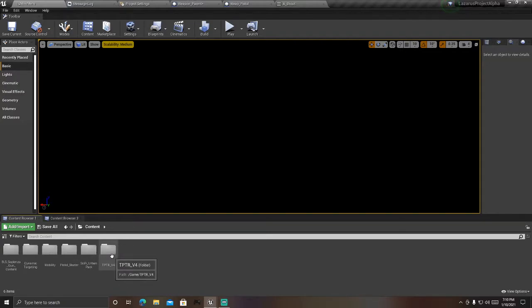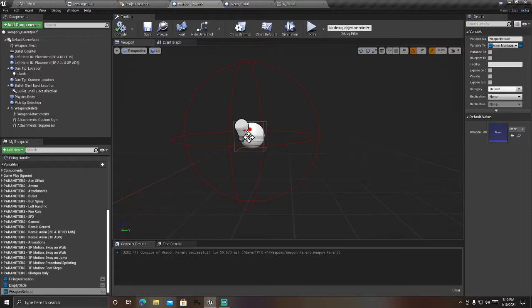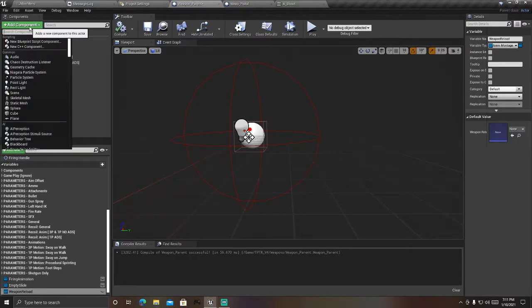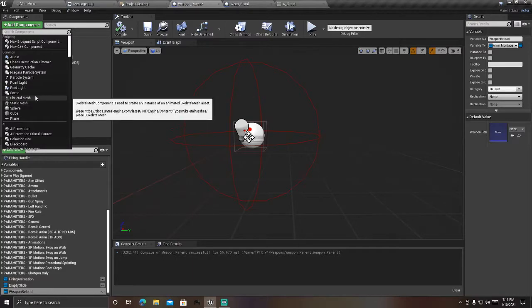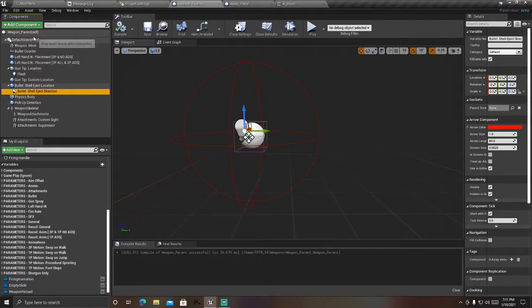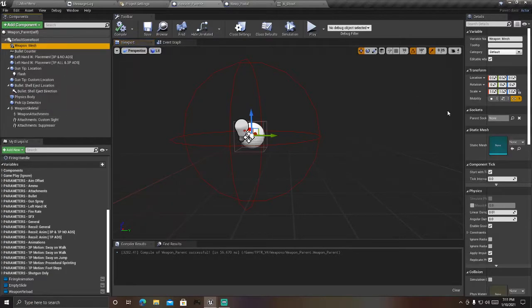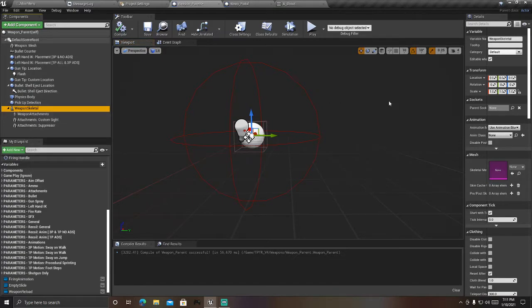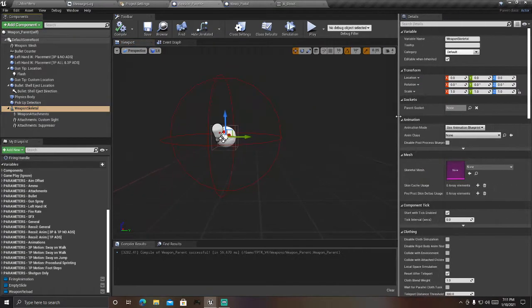But anyway, what you would do is go into your Tptr folder, go into weapons, open your weapon parent, and then add components. You would add a skeletal mesh for the weapon, and instead of using the weapon mesh that's already on there, you would use the new one that you just created. And then